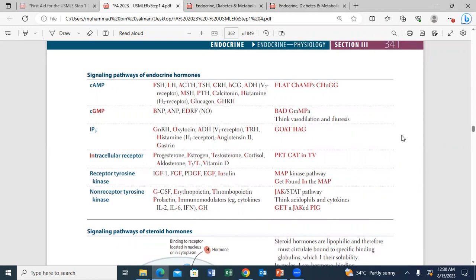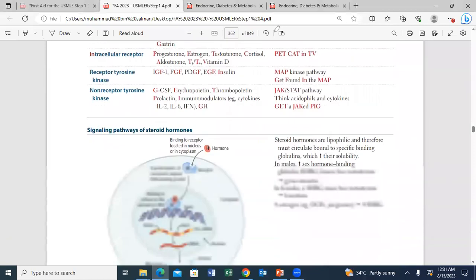So you can have a look at the intracellular receptors over here. Intracellular receptors are used by progesterone, estrogen, testosterone, cortisol, aldosterone, all the steroid hormones, and the thyroid hormones. The steroid hormones and the thyroid hormones use the intracellular receptors. Vitamin D also uses intracellular receptors. Now, once we have discussed the intracellular receptors,